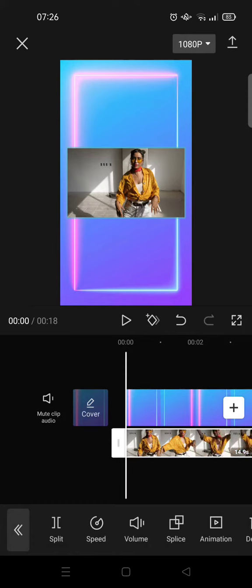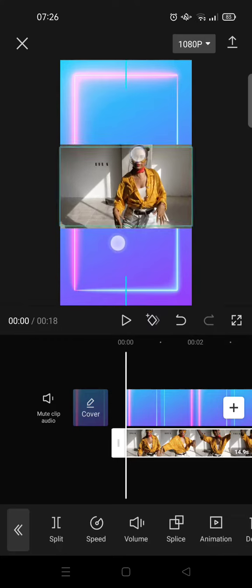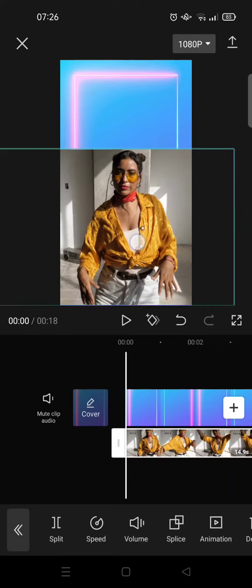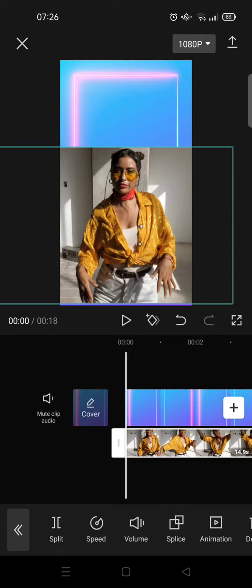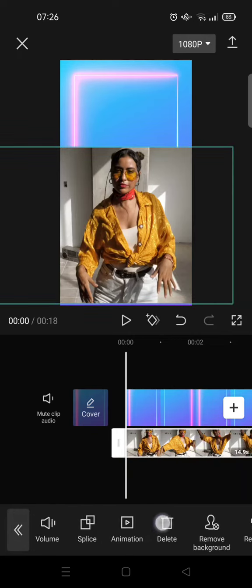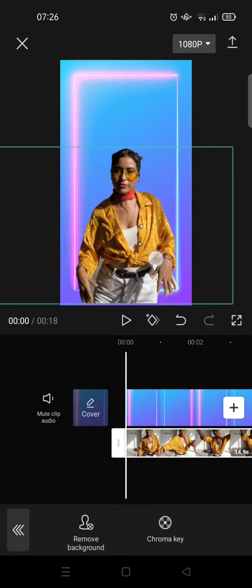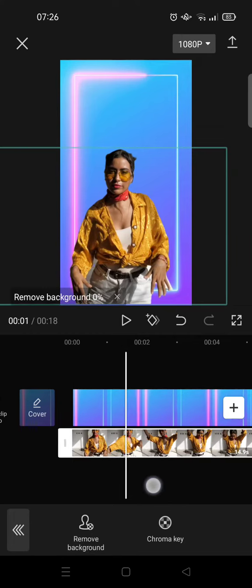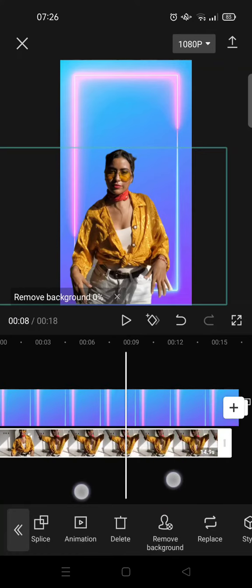Okay, so here is the video that I want to add. So I'm going to adjust it like so, and after you add the video, you just need to click on the overlay and browse over the toolbar at the bottom until you find the remove background option. Just click on that and click on remove background. So as you can see, now the background has been removed, and I'm going to trim the video first so